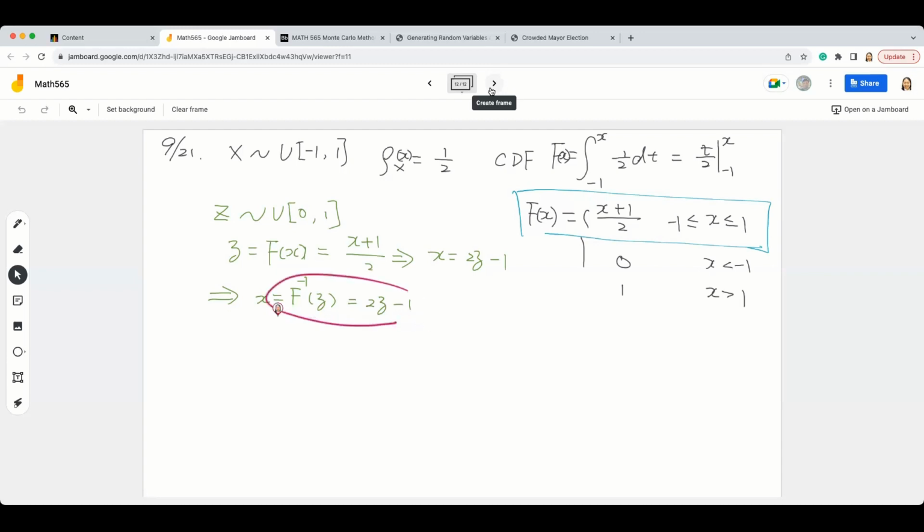So how can we get this x based on this uniform? We just need to double it and subtract 1. And actually, that's exactly the shifting we can do, right? So 0, 1. If we have some points here, because right now this is from -1 to 1, we're just stretching it. So times 2, then we should get some points to here, which will be 0 to 2, and then subtract 1. So we shift it to here.